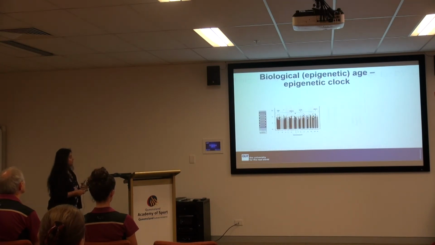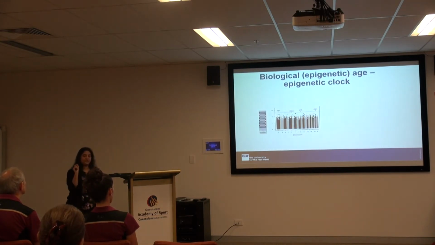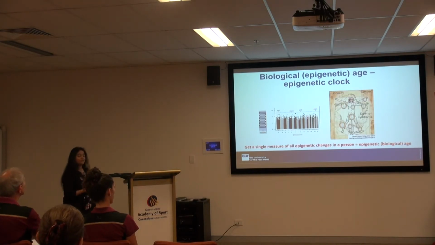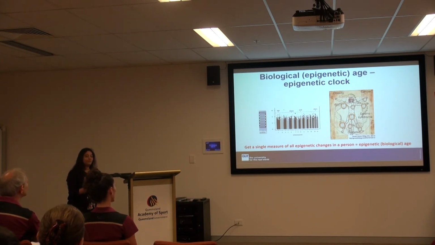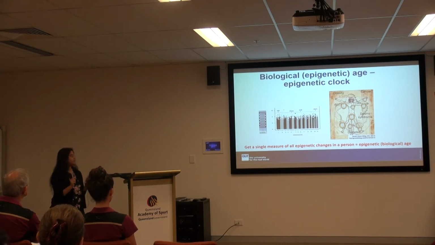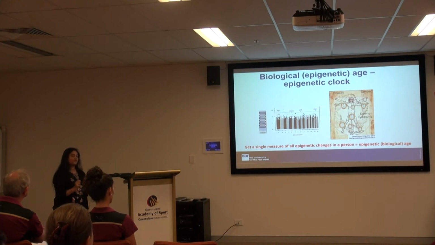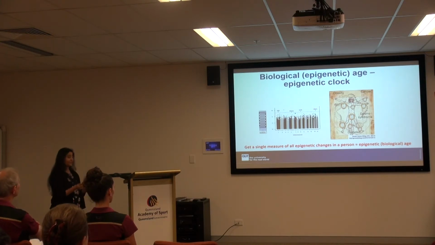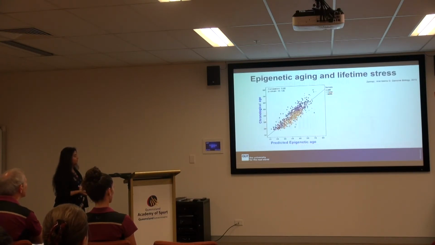But what's interesting is that instead of looking at the specific gene, so each dot here, there is a way to look at an integrated value of this. In 2013, Steve Horvath, an American researcher, came up with this Epigenetic Age Predictor. So instead of looking at everyone's individual genes, you can get a single measure of a person's epigenetic changes across the genome, and we call this a person's epigenetic or their biological age. This was quite interesting, and I wanted to show you a little bit about what this is.